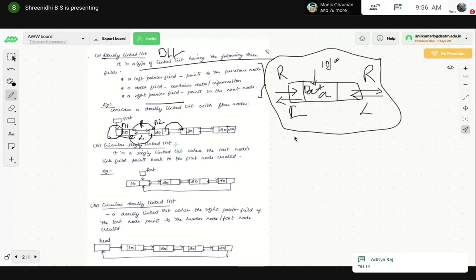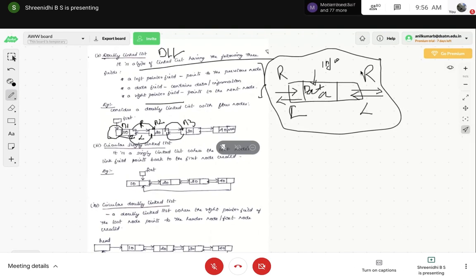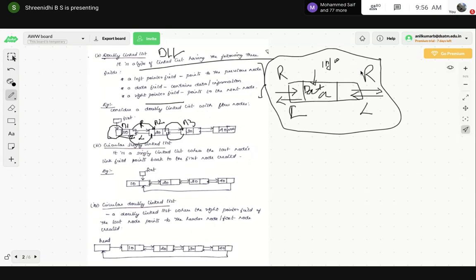So now you understood how the DLL works. That is very important, you should know the concept first. Once the concept is cleared, you can write the programs in the easiest way using pointers.